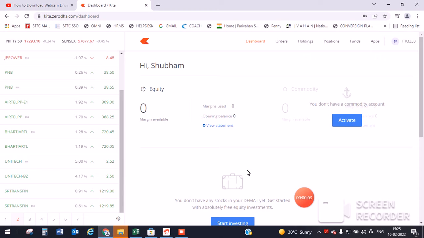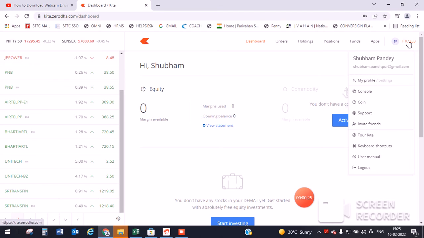In this video I am going to show you how to buy IPOs or see upcoming IPOs in the Zerodha app, or if you are using a browser or the Kite app on your mobile, the procedure is the same. So what you have to do is, first of all, click on your username, and now you have to click